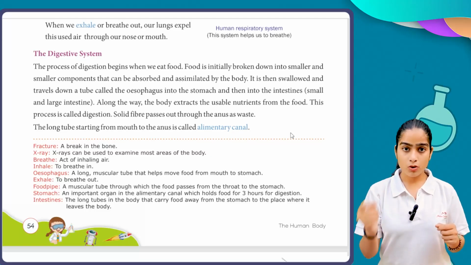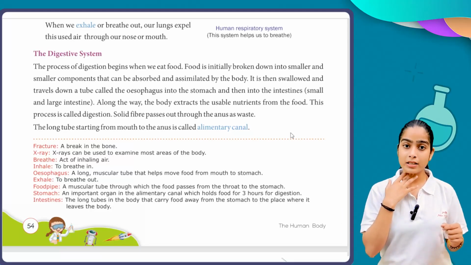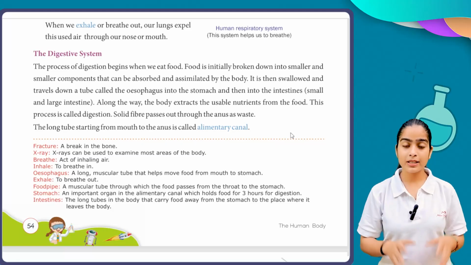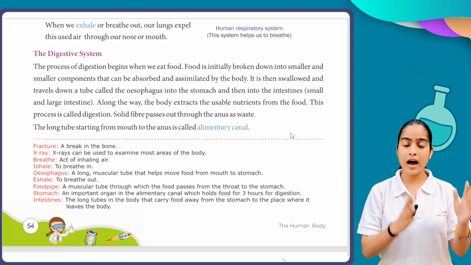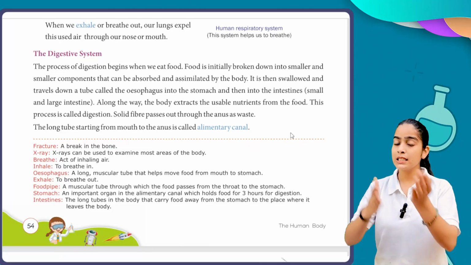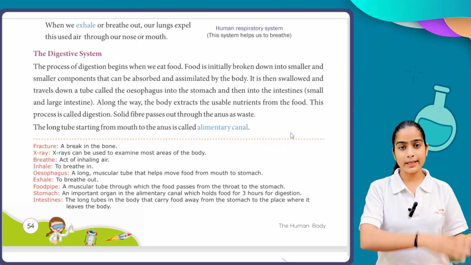So we chew it with the help of our teeth and blend it with the help of our tongue. And this food gets inside our stomach by passing through the esophagus. And when this food gets inside the stomach, it is processed, and after this it transfers to the small intestine. After the small intestine, it transfers to the large intestine, and then into the rectum, and at the end of